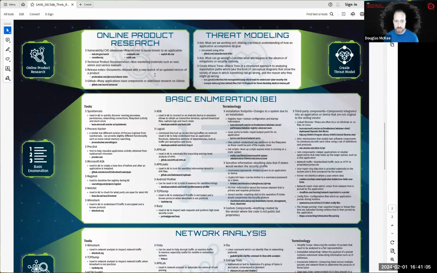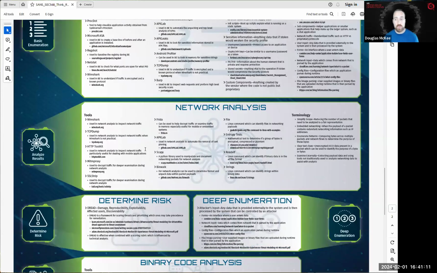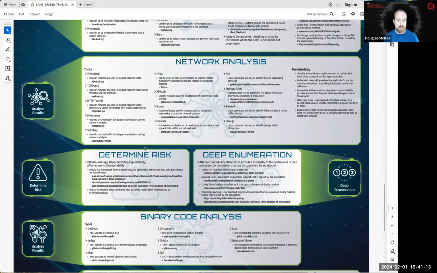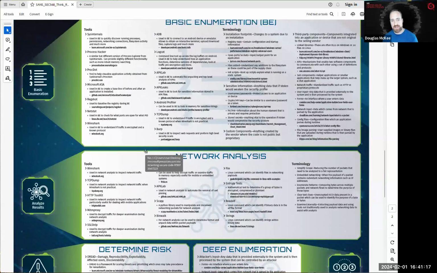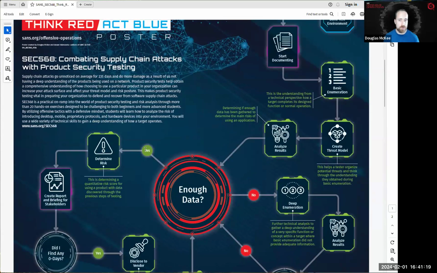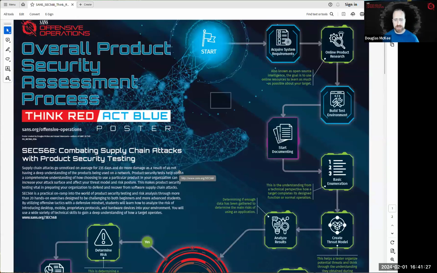A lot of overloaded terminology in our industry, to help you make sure you understand each one of these steps, what tools you might start using in these steps, and how to be as effective as possible. Of course, in the 5-day class that we offer, we dive into this at a much deeper level and give you those technical skills needed to really tackle this. But let's go ahead here for a second